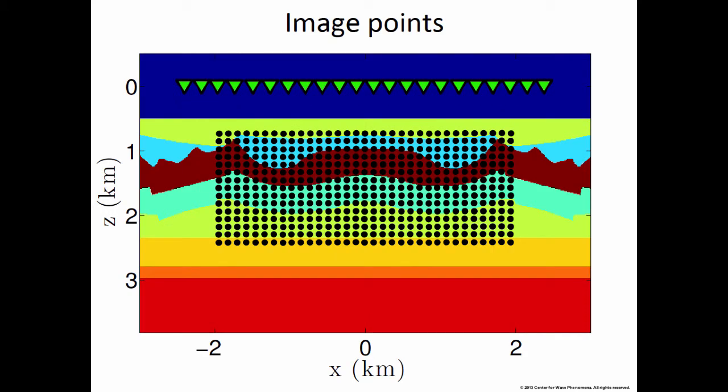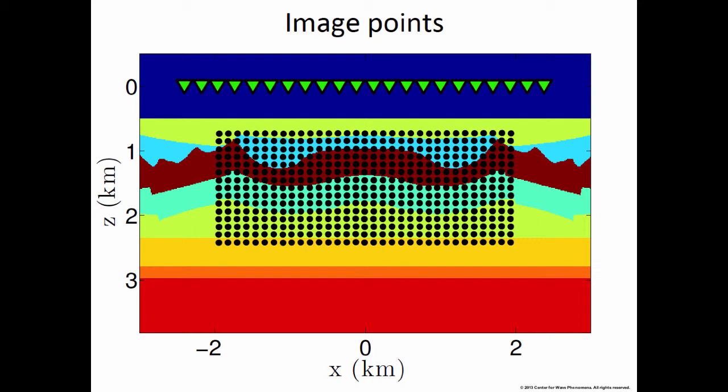What we do now, we finally get to the really interesting part. We show you how to use our methodology that gives us the up and down wave field at an image point to build an image which will be free of ghost reflectors. And how do we do this? So what we do, we take an area that corresponds to the same area that we imaged before, and at every point, indicated by these black circles, we reconstruct, retrieve, using our method, the up and down wave field